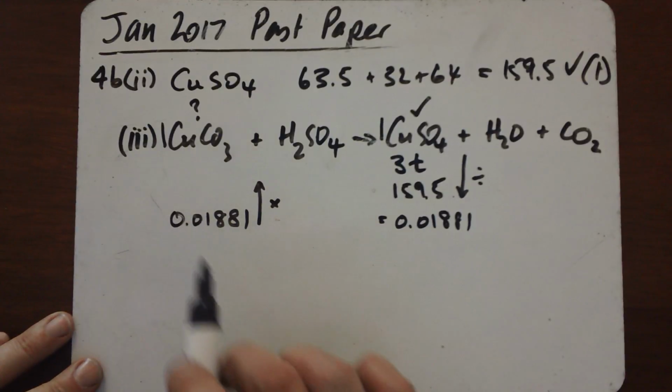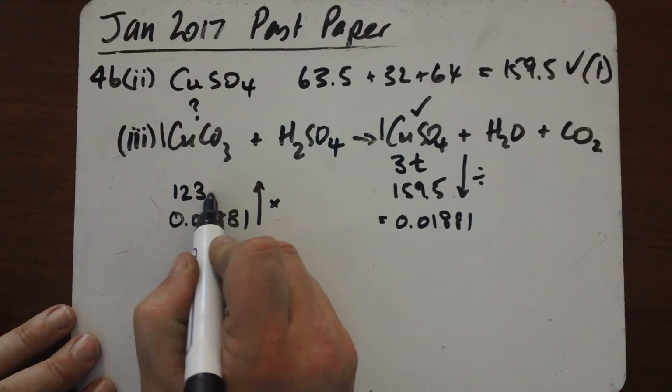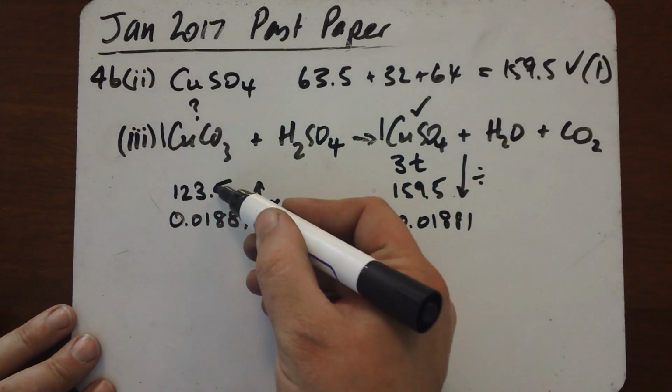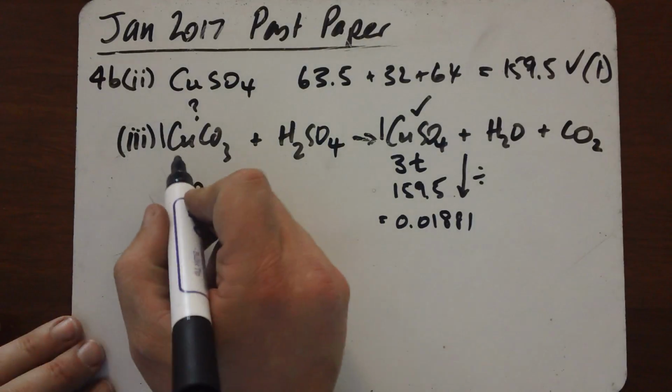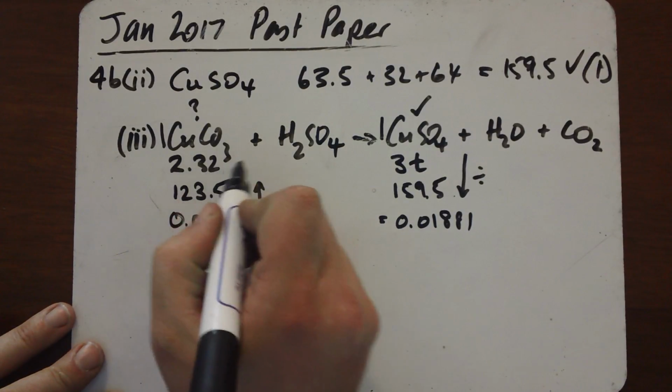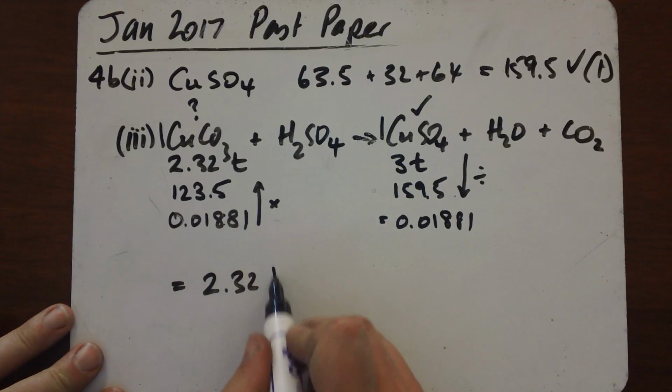And the MR of CuCO3 is 123.5. So we multiply these two numbers together and we will come out with the mass in tons of copper carbonate required. So the final answer is 2.3 tons